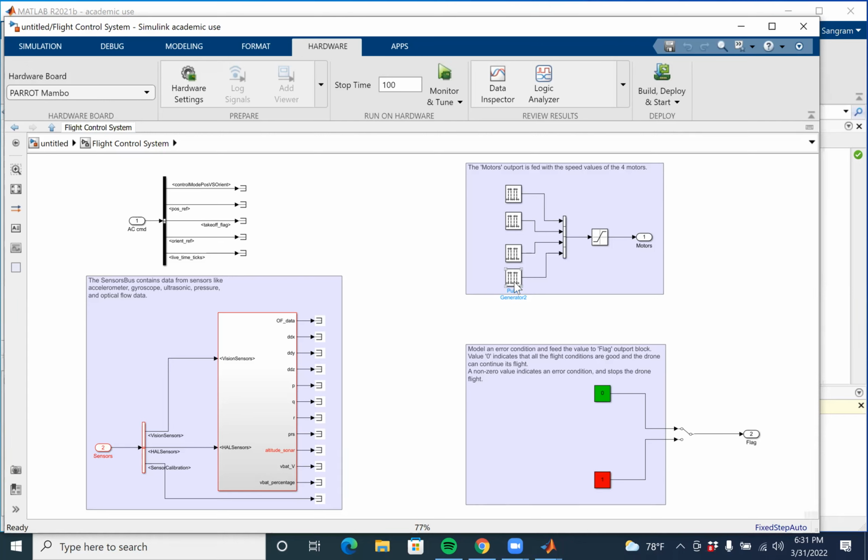Really? How do you know that? So what I'm going to do is first run this blank code. Don't turn on your Mambos. First, let me turn on my Mambo, pair my Mambo, and then